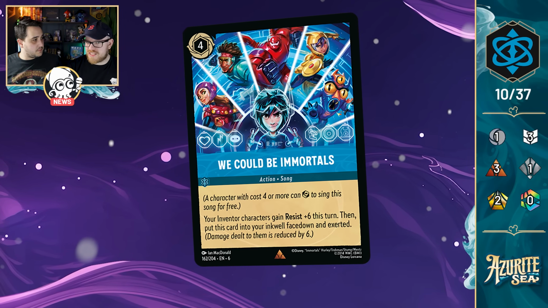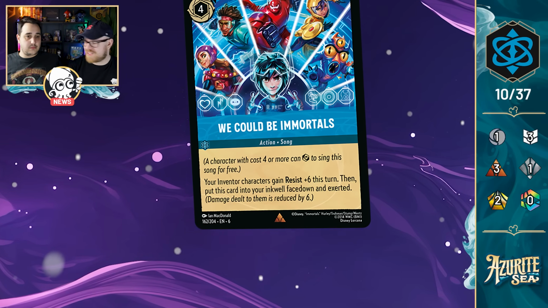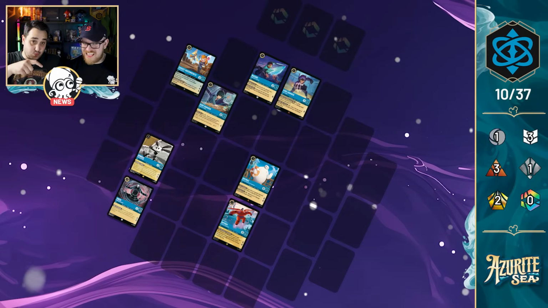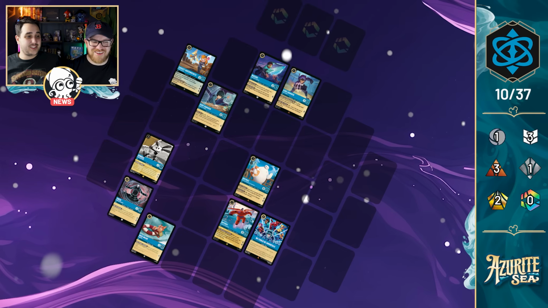Yes. But I'm expecting we're going to be seeing an inventor probably with a very high strength and low willpower, which is going to be the perfect target for a song like this. Super cool. So let's update the tracker for Sapphire. As I said, they ate well, like most of the reveals this set. Yeah, full. And they already have both their legendaries announced, which is very, very